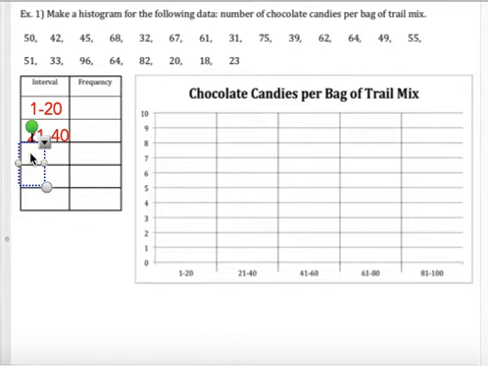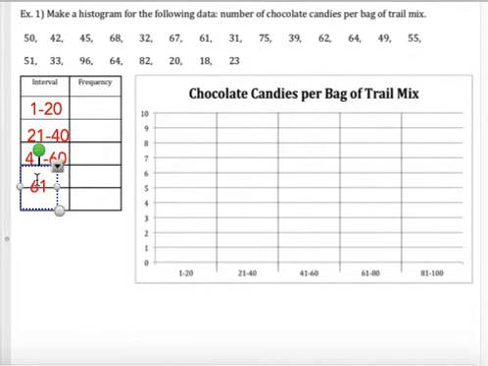And as seen in the x-axis here, you can fill that in. Then we'd have our 41 to 60. Then 61 to 80. And once you get these labeled in, you would want to do tallies